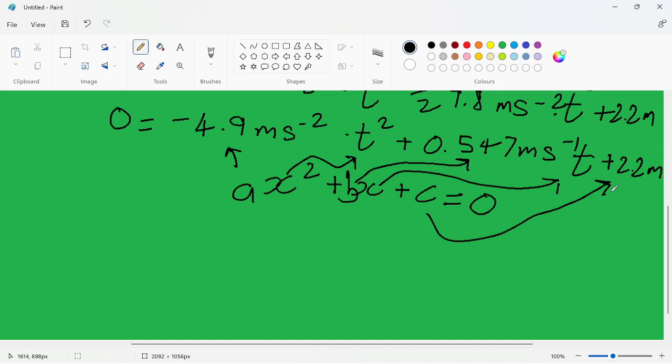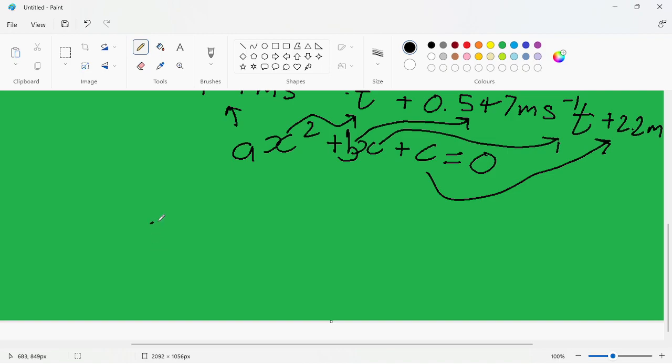So now that we have the equation in the quadratic form and we have the variables, we can solve for x. So from the quadratic formula, x is equivalent to minus b plus or minus the square root of b squared minus 4ac